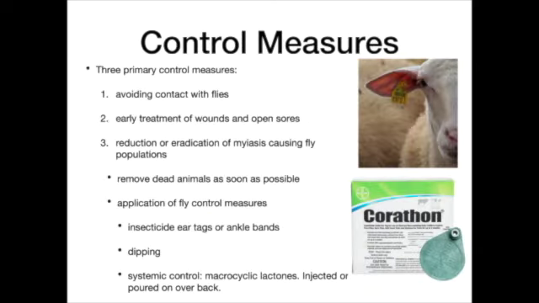One of the major costs and major issues with botflies and stomach flies is control measures. These flies cause a lot of problems in their herds, so farmers spend a lot of money, time, and resources trying to prevent fly infestations in their livestock. The three primary control measures used are avoiding contact, early treatment,